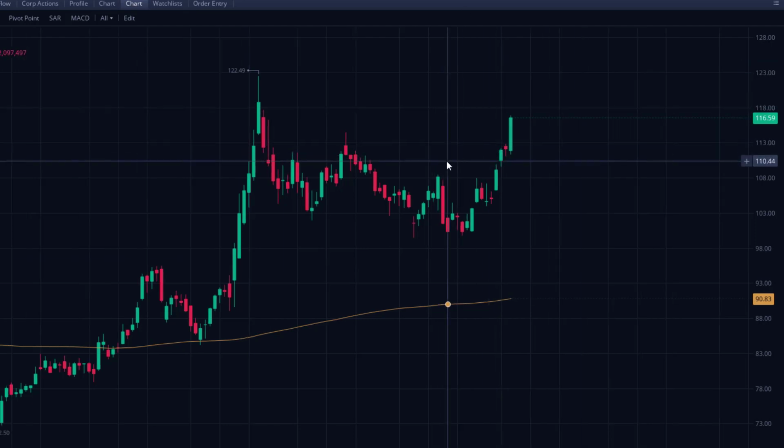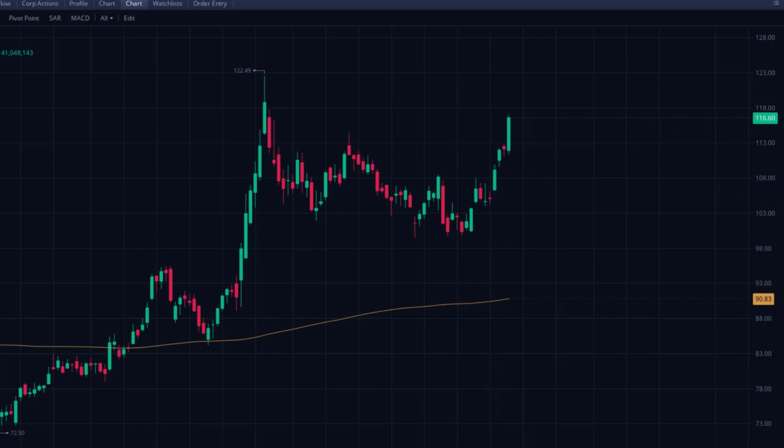But right now we have a breakout here. And so how would I manage my stop on this current trade? Well, my entry would be here, and then after I break that high, so my entry was here, and then after I break this next high, I'll move my stop here.